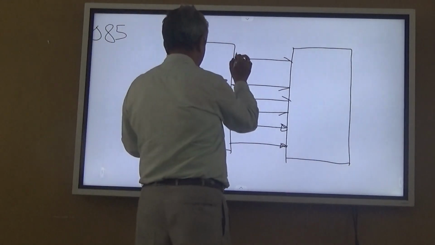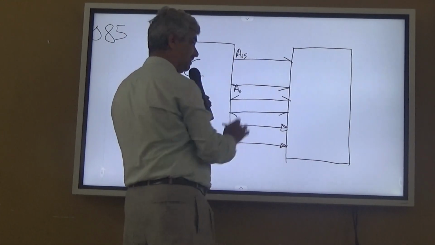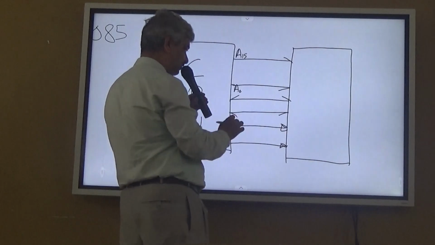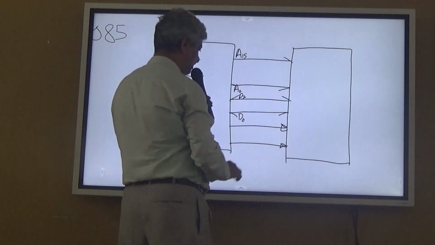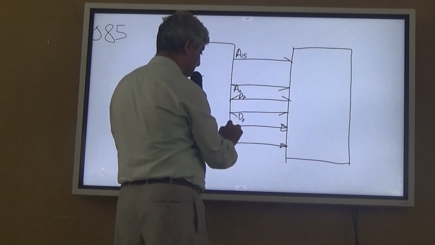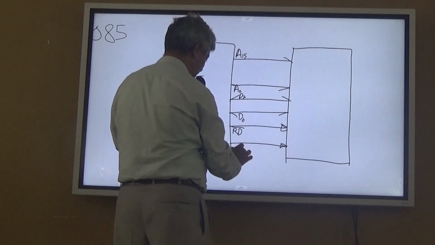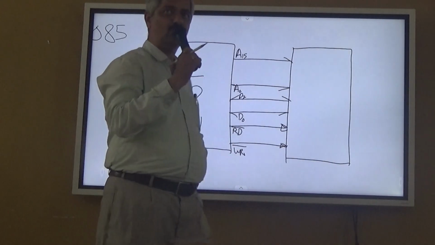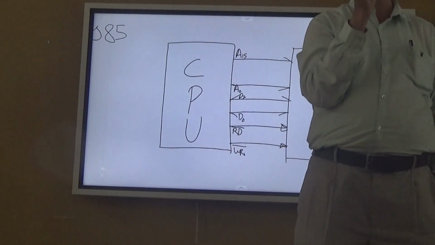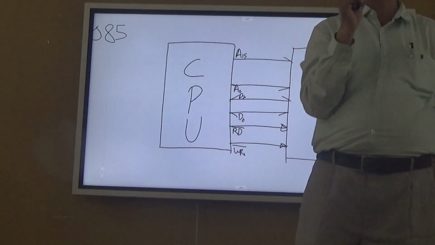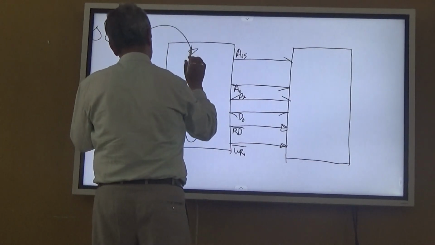So there will be some address lines. For convenience, we say 16 address lines. They start from A15 to A0. We say 8 data lines, they are from D0 to D7, and one read bar control. Read bar, it is active low, means when it is low, your operation is initiated, and write bar control line. So with the help of 26 lines, the CPU, this is in fact not computer, this is a